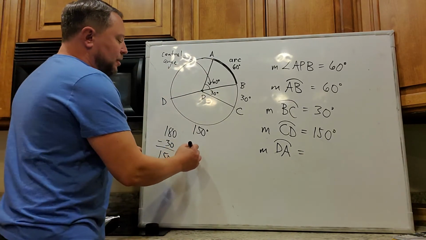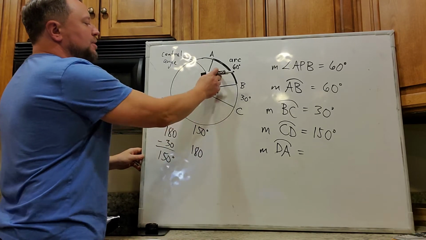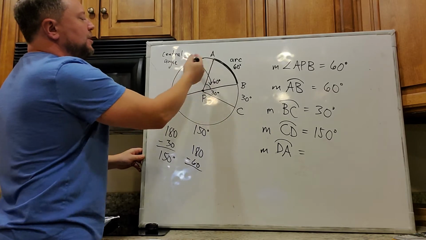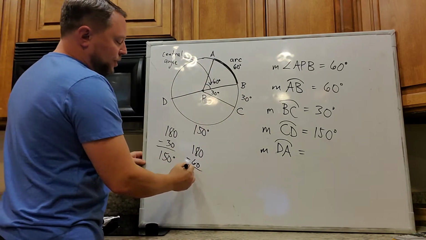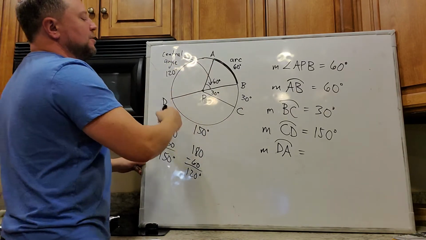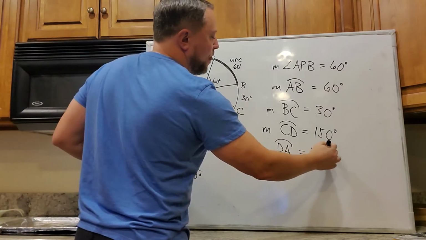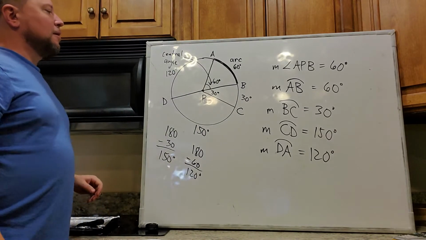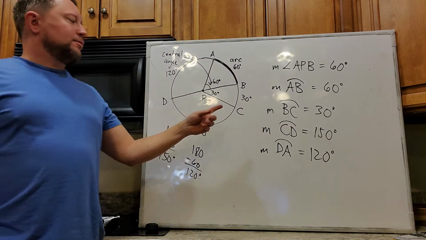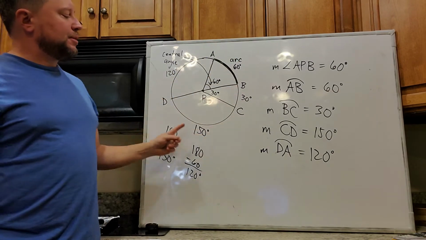So this time I would take away not 30 but 60 away from 180, and that's what should be what's left over here. So when we do that, we're left with 120 degrees for this arc DA. And as you can see, then I've found all the arcs that make up the full 360 degrees of the